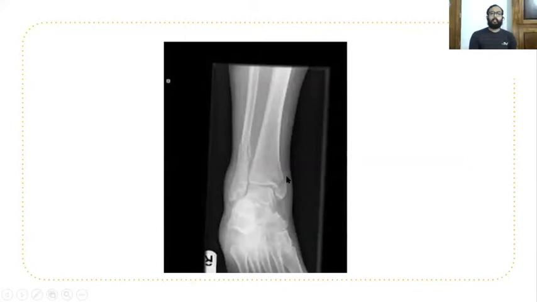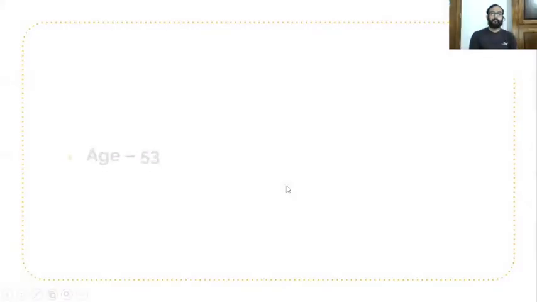Actually this is another fracture. This is also Pott's fracture. Here you can see the medial malleolus avulsion fracture is there due to the pull of deltoid ligament or medial collateral ligament of ankle along with fibula fracture. This particular case requires surgical reconstruction. Why? Because there is avulsion fracture of the medial malleolus. This particular case should be referred to an orthopedic surgeon for the surgical reconstruction. But if there is no displacement, we can give bandage, support, and conservative management helps in the healing of that particular fracture. If there is avulsion of medial malleolus, then it requires surgical reconstruction.